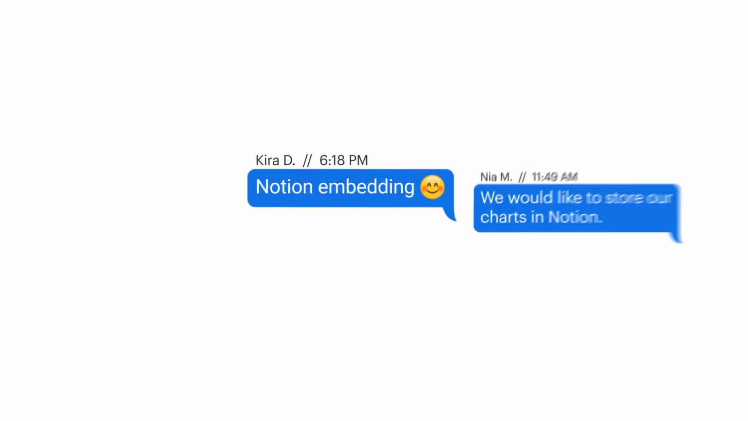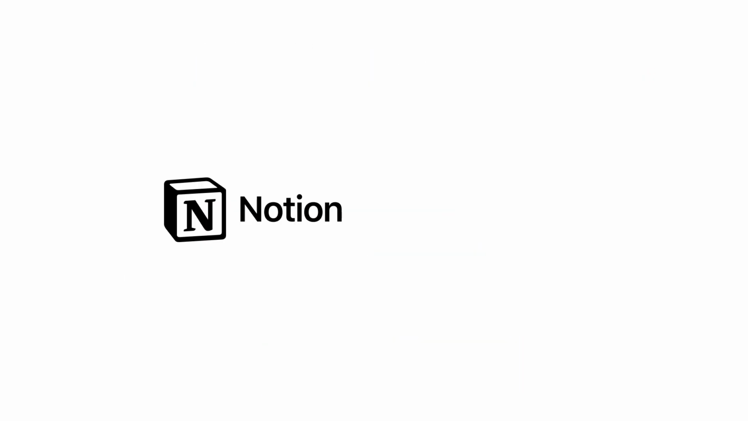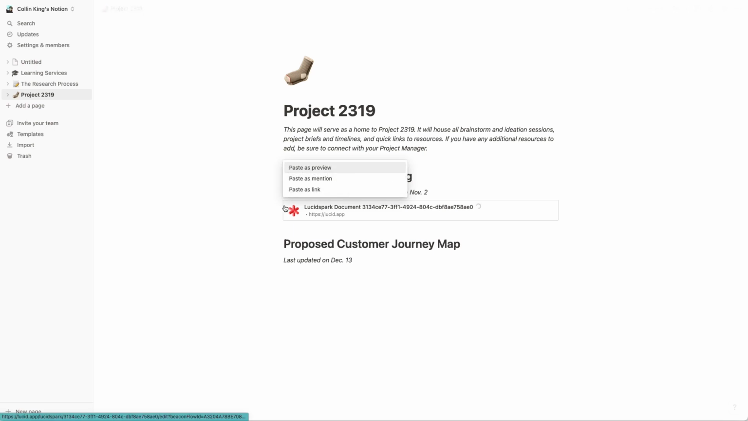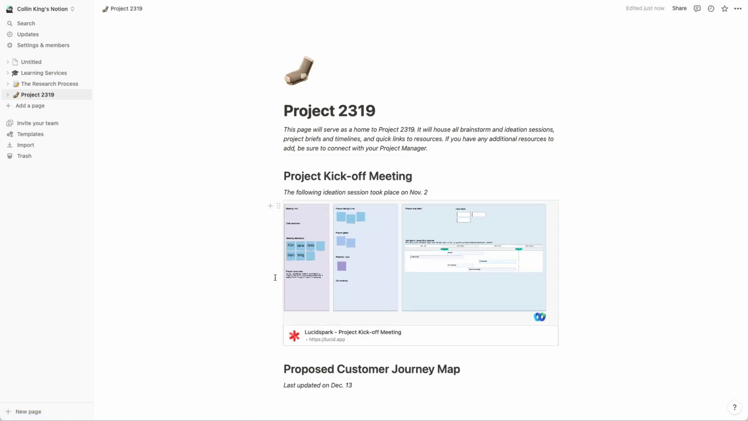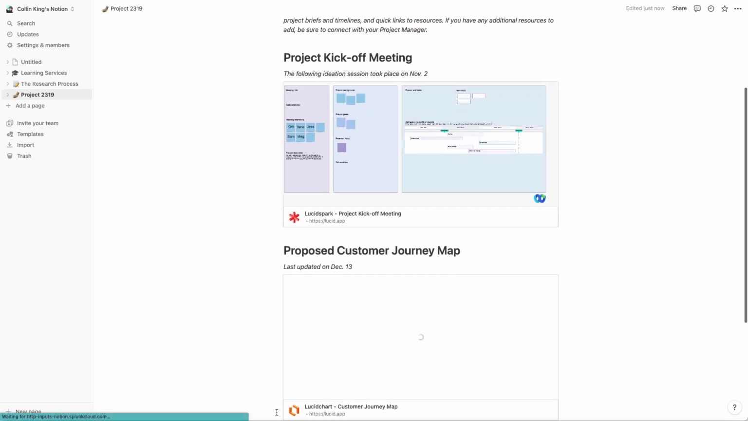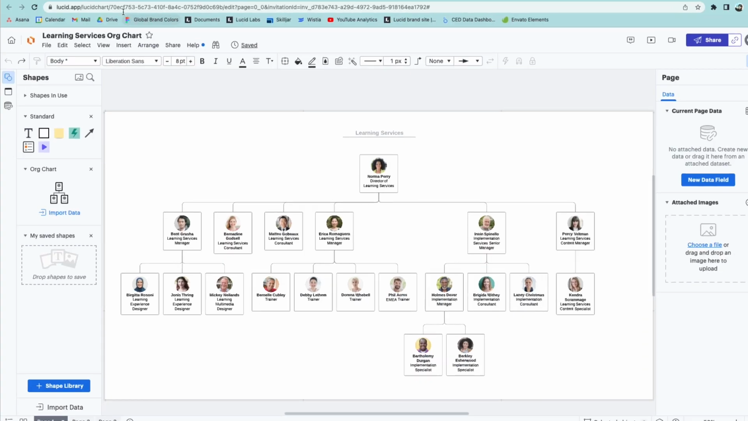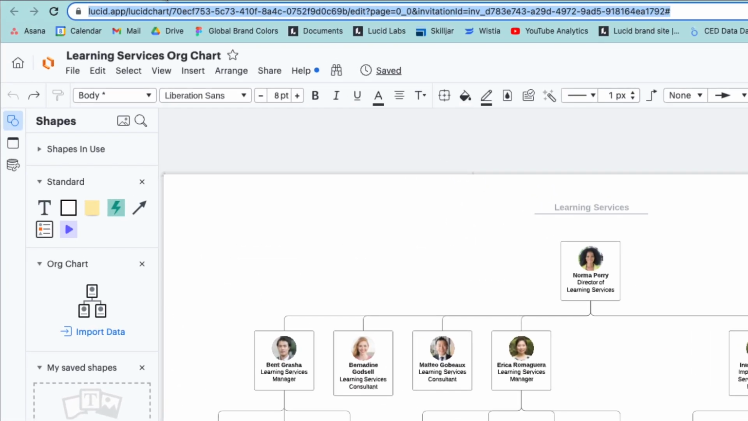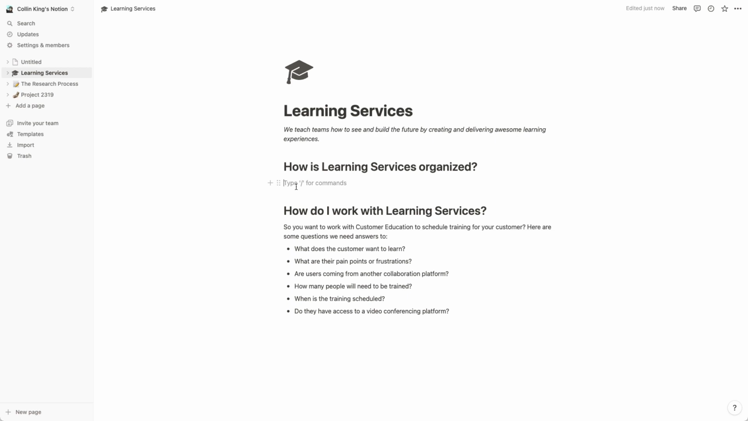You've been asking, so we've been busy building. Notion? Meet Lucid. It's the integration that transforms your important processes, org charts, and brainstorming sessions into a single source of truth. Just copy the URL from your Lucidchart document or Lucidspark board and paste it right into your Notion